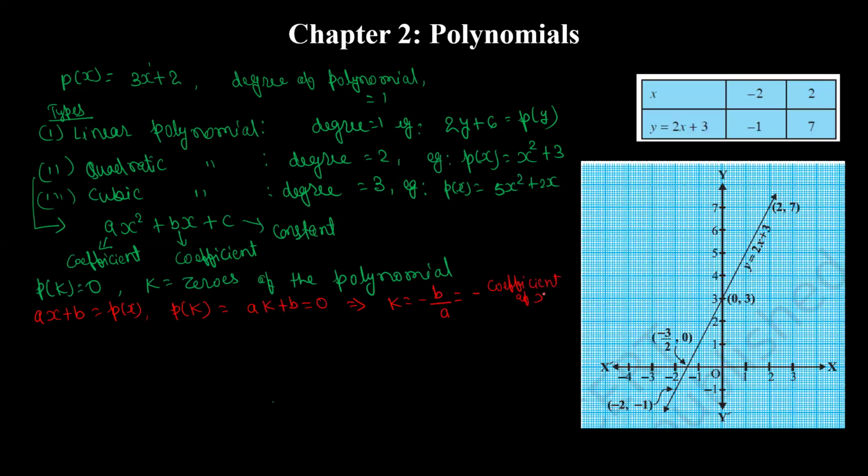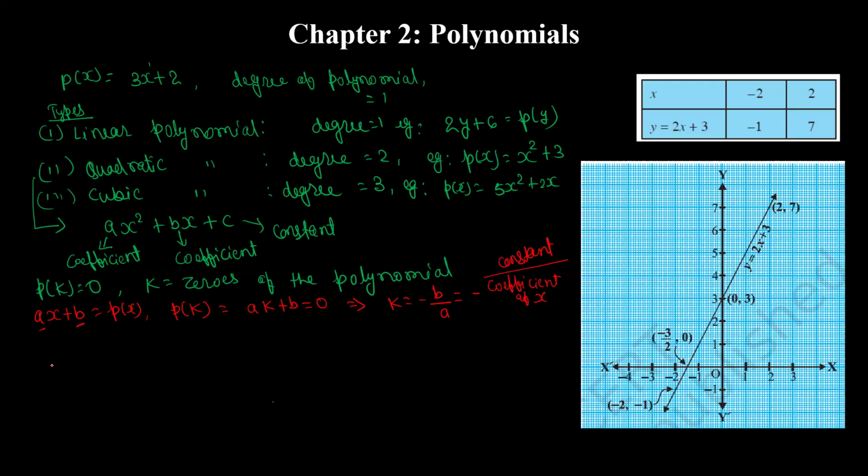Coefficient of x. Okay. So here, in this case, ax plus b. So this b is not the coefficient. What is b here? b is going to be the constant. Okay, b is the constant. So this is the constant and a is the coefficient of x. So we should be careful. What is b here? Constant. What is a? Coefficient of x. So like this, if you have a